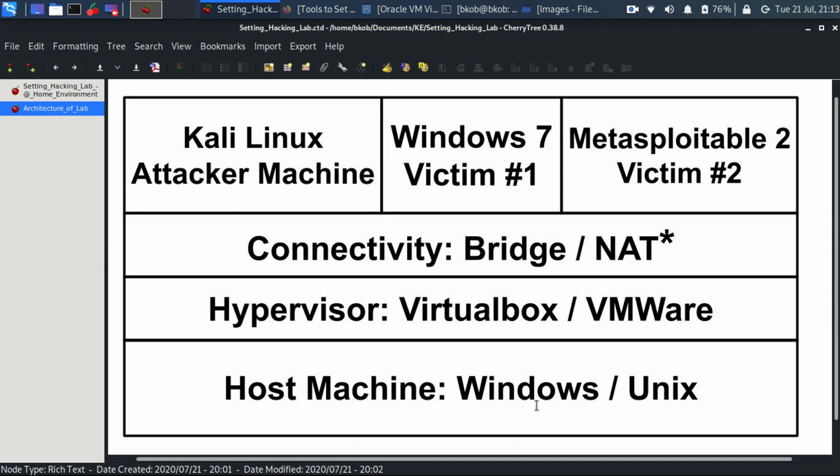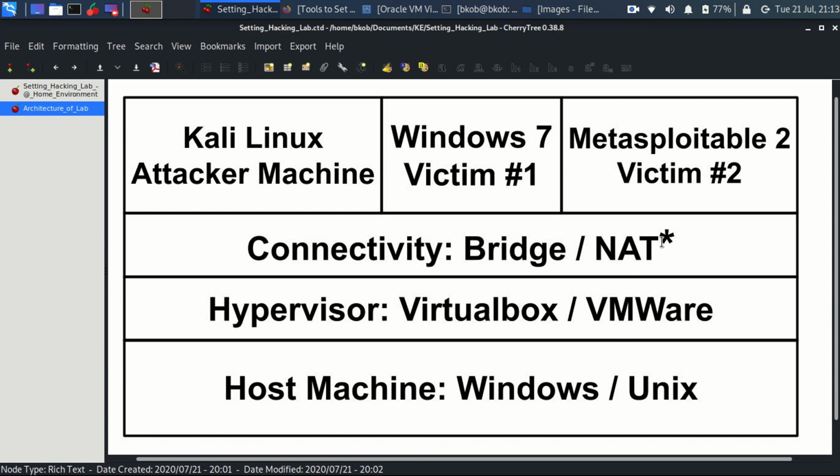NAT is network address translation. In layman's terms, for VirtualBox, it creates a small network between these three computers only. In a practical example, when you select bridge mode on all three, your Kali Linux machine, Windows 7 machine, Metasploitable 2 machine, and your host computer, whether Windows or Linux, all four machines would be on the same network.